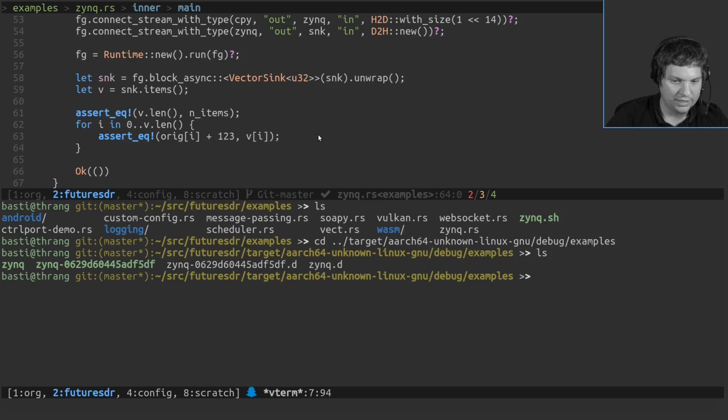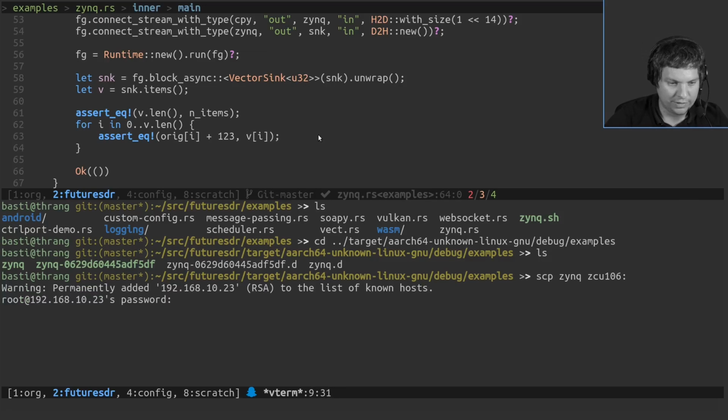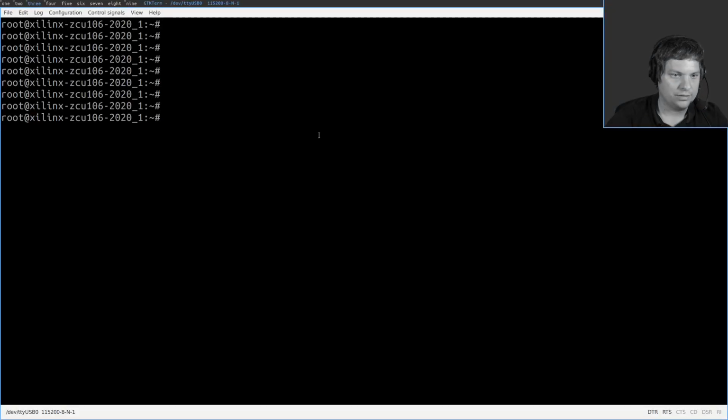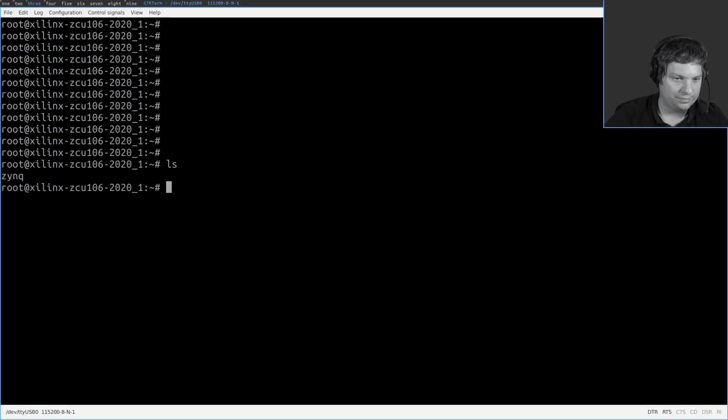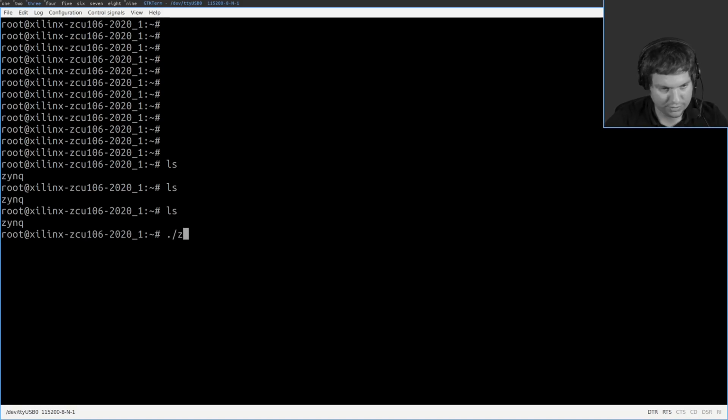Okay, now we see here's where the binary landed, and we can now copy it to the target. Sync binary 106. Just put it in the root directory, and okay, now it's starting the transfer. Okay, be done soon. Here I have a shell. Oh, it's already there. Is it already done? And we have the binary here in the root.